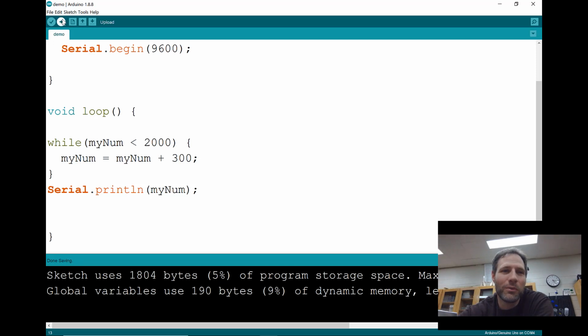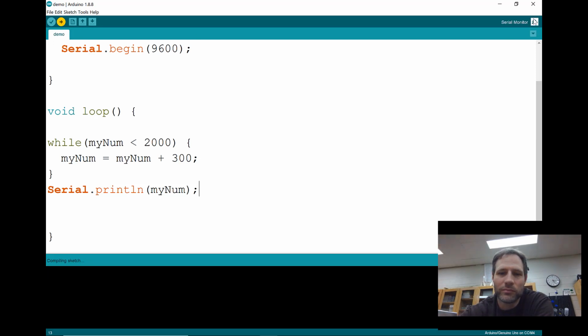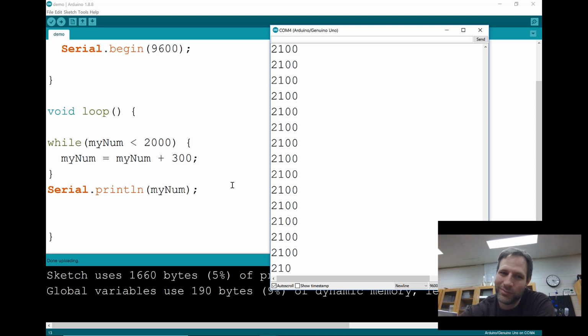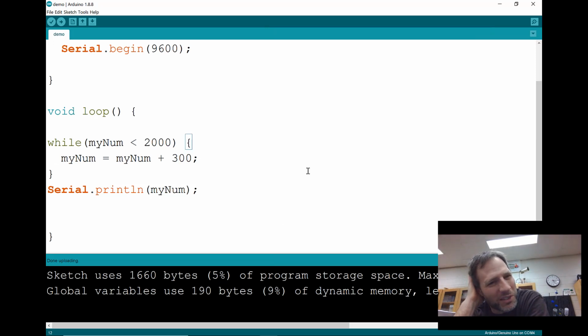Let's see if you're right. 2100? Is that what you guessed? All right, so why is it 2100? It says while my num is less than 2000. Well, the first time through my num is going to be 0, so it's true. And then 300 gets added to it. The second time through, my num is 300, which is less than 2000. Then it's 600, which is less than 2000. Then it's 900, which is less than 2000. Then it's 1200, 1500, 1800. And then when 300 gets added to 1800, it becomes 2100. 2100 is no longer less than 2000, so the while loop is exited, and that's what gets printed to the screen,